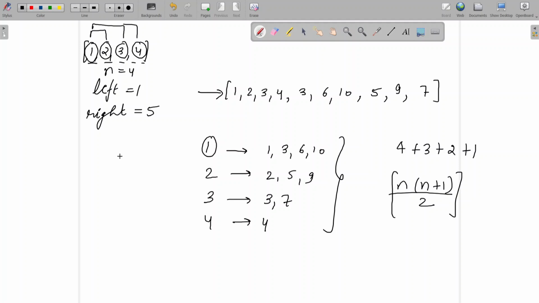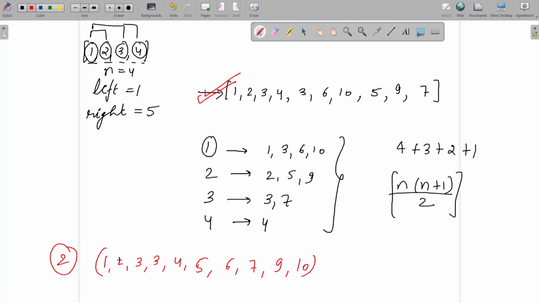So our task is to compute all the subarray sums and then we will have to sort it. Okay, the next step here is sorting the array. So if you can see this array clearly, we will sort this array such as 1 2 3 3 4 5 6 7 9 and 10. Okay, so this is my subarray sums, and now your task is to return the left 1 and right 5